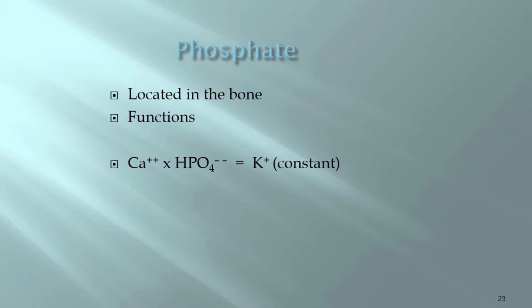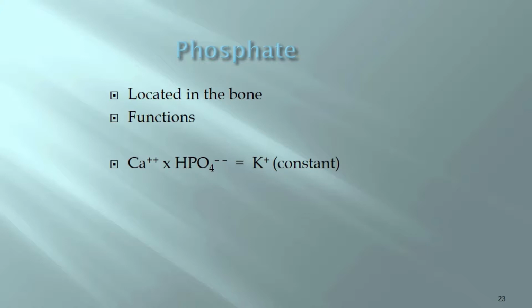Phosphate is another anion that's located in the bone, and calcium and phosphate go together. Most of the phosphate, approximately 85%, is located in the bone. We need phosphate for high energy bonds located in creatine phosphate and ATP, and phosphate will act as well as an anion buffer. As I said, calcium and phosphate are very tightly connected, and their concentrations